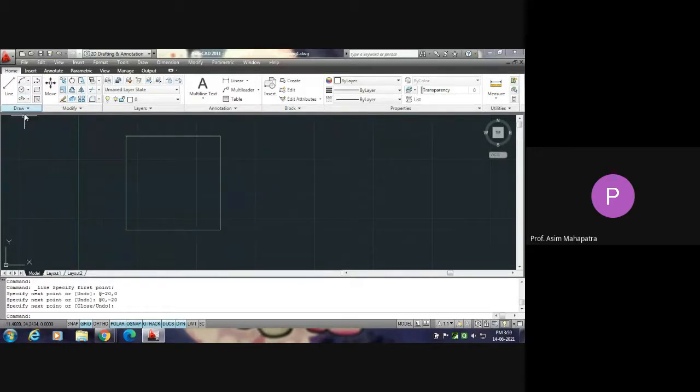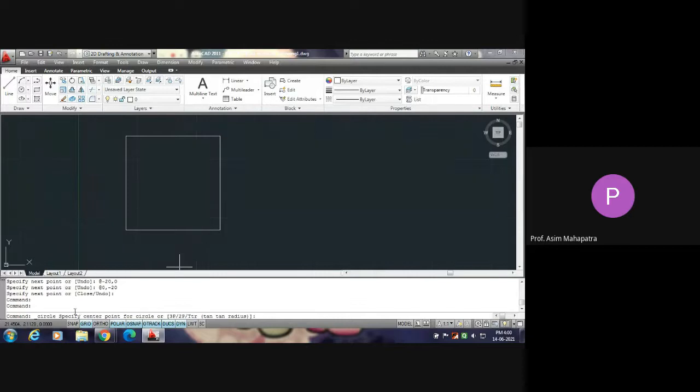Similarly, for another object, say you want to draw a circle. Simply click on the circle command. Now you are not sure what your duty will be, but that command bar, or this dynamic input in the cursor, will guide you. Now your duty is to specify the center point.